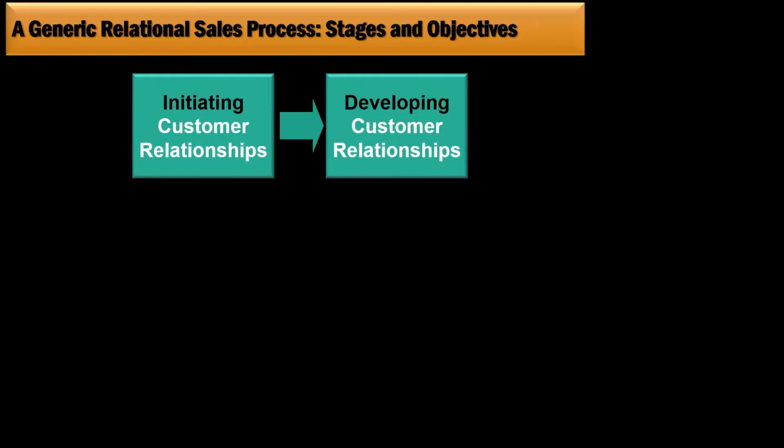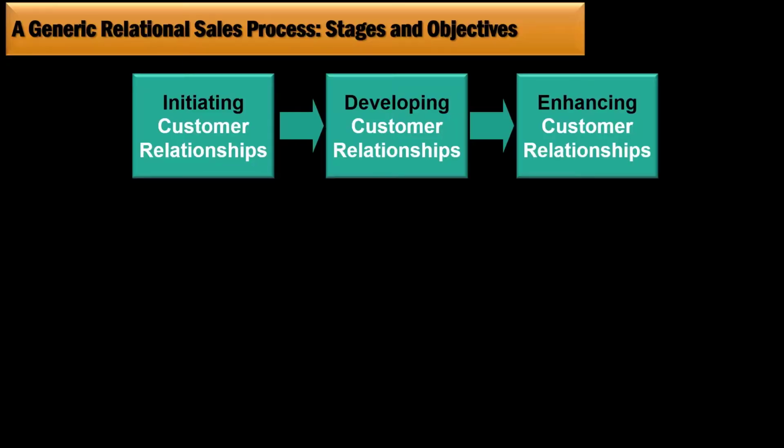Okay, so a generic relational sales process. This is looking at how that might look. You initiate these customer relationships. From those customer relationships, once they're initiated, you develop those customer relationships, and then you enhance those relationships. So if I'm looking deeper into the gist of what you're doing with the relationships with customers, these three things are what you're trying to do: initiate, develop, and enhance. So you can see how that's adding some depth to that original slide and one of the four components in terms of relationship.